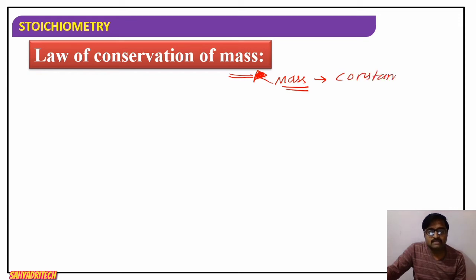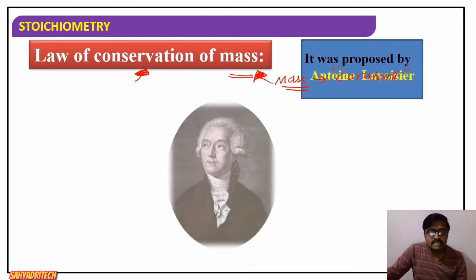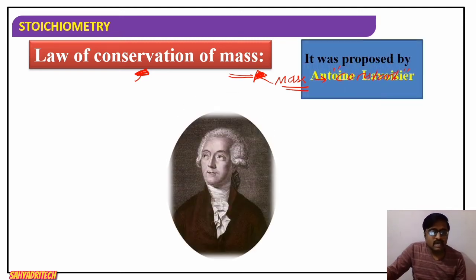Mass remains constant, it doesn't change. Mass of a matter remains constant, irrespective of the gravity of a planet. Mass of a substance always remains the same. Well, here conservation means, we know the meaning of conservation. What is it? Conservation means it is conserved, preserved, or reserved. So the law of conservation of mass, what it basically says is, this law was proposed